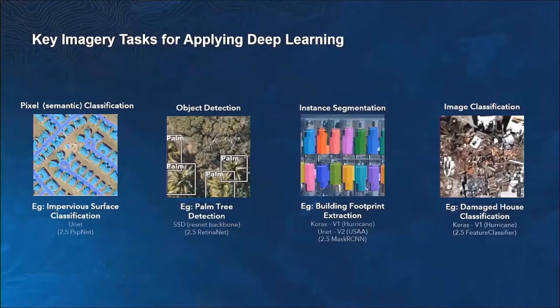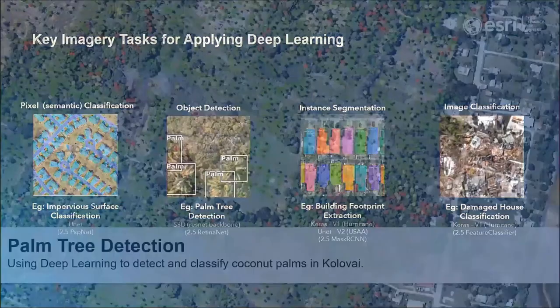I'm now going to quickly switch gears and talk about some other interesting applications of machine learning within ArcGIS. That is, how can we apply deep learning techniques to computer vision tasks? There are 4 key imagery tasks when it comes to deep learning. Pixel classification, which is the task of assigning unique labels on a per pixel basis. Object detection, which is all about creating minimal bounding boxes that delineate objects of interest. Instance segmentation, which adds to pixel classification by also predicting unique instances of objects. And image classification, which assigns labels on a per image chip basis. All 4 of these key imagery tasks are supported within ArcGIS.